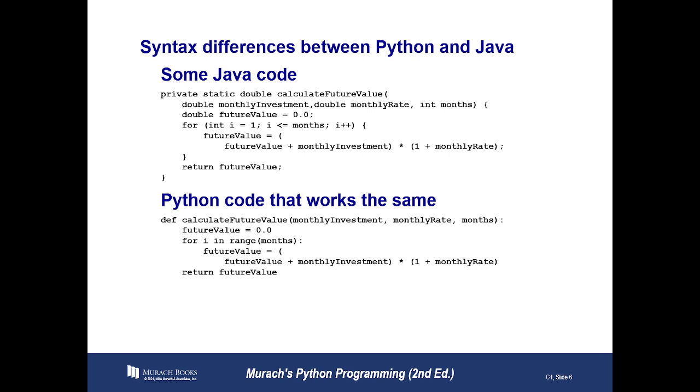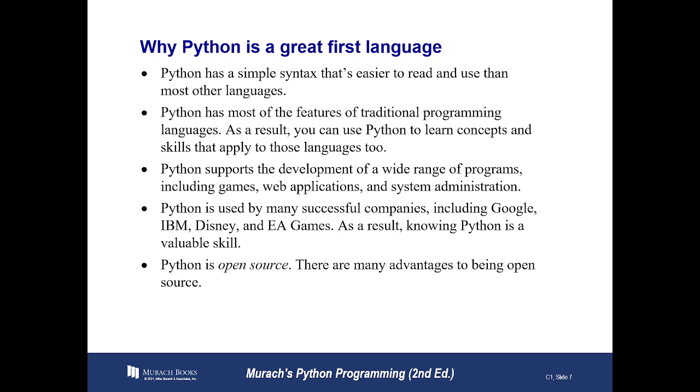So it's definitely different kinds of syntax. Data types are not explicit. Like Java, where we explicitly declare double whatever, whereas here it's implicit and based upon the assigned value. So that's a unique factor within Python. Python is a great first language, says syntax that's easier to read and use than most other languages. That's debatable. It depends on what you're already used to, perhaps,